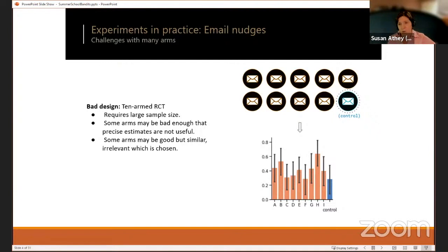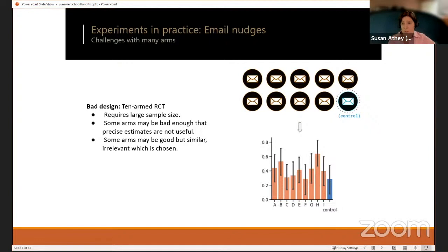If you were, say, a behavioralist or a psychologist, you might actually be interested in testing other types of hypotheses. So you might want to say, well, is one type of treatment better than the other, even if none of them are good? Or you might try to get at mechanisms. So generally, stepping back and saying, what is my goal, can then help with the design of the experiment. In this case, we were mostly interested in just finding a good arm, something that was going to be beneficial in getting people to pay their fines, and something that we could show would be better than the control, so we could know that it was worthwhile.